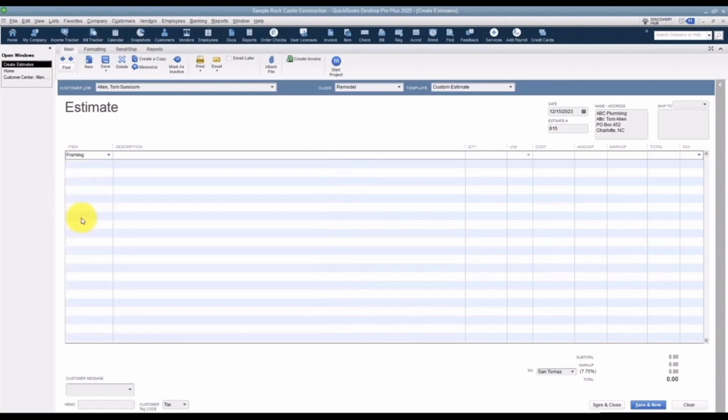I want to start with framing. You'll notice once I click framing, it pulls in a description, and you can type over that. You can add to this. This will word wrap, so you've got plenty of space to type in that description if you need a lengthy one. I'm going to go over to the quantity field, and I'm going to put in